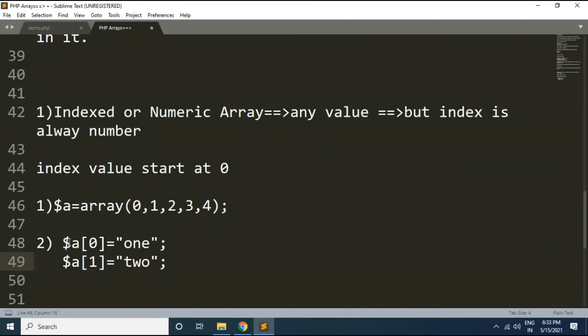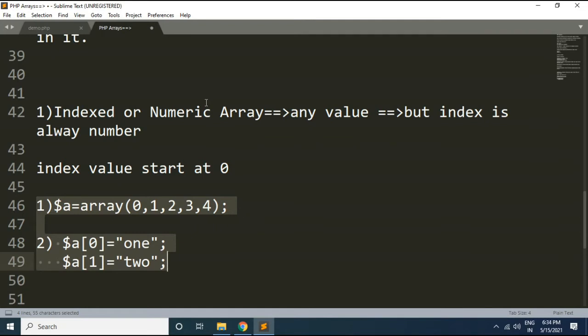Like this I can also specify an array. Okay, whichever will be convenient for you, you can go with that one. So these are the two ways to initialize an array with certain elements in a numeric or index array.